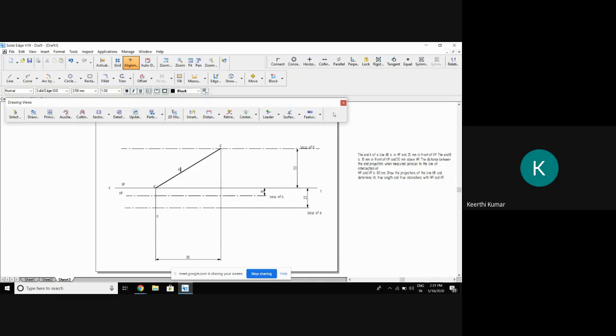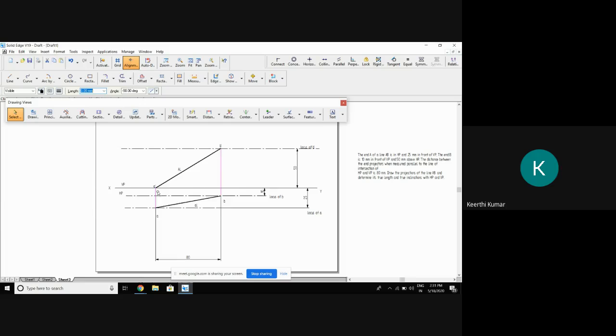Then here also, A is here. This will be B. If I connect AB, this is called what? Which line? Apparent line. Finished. This is apparent line. This is also apparent line. In any of the problems, the length of the apparent line will not be the same. But the end projectors here, A dash and B dash, A and B will be connected to the end projectors.